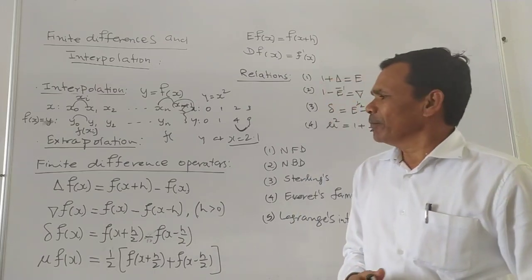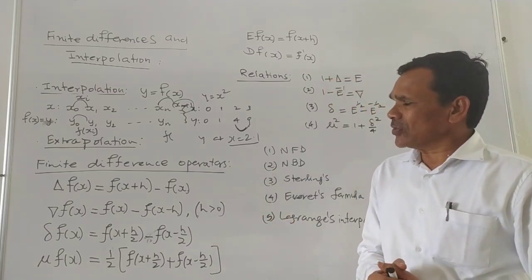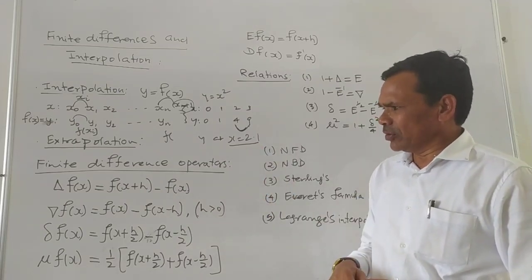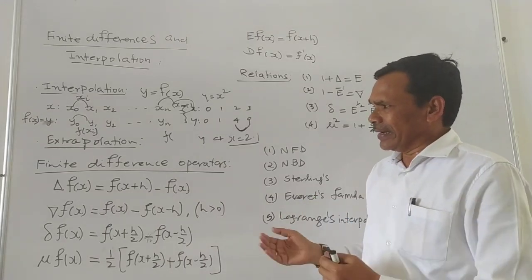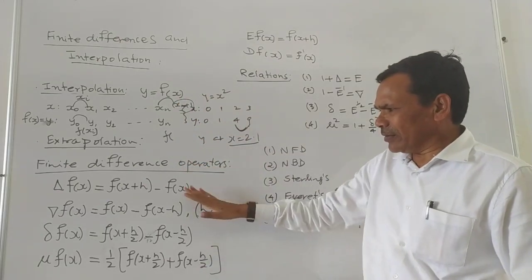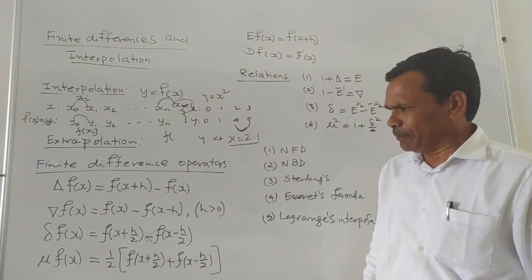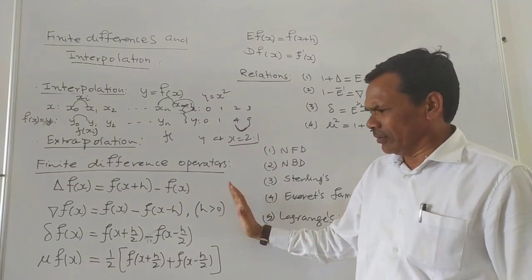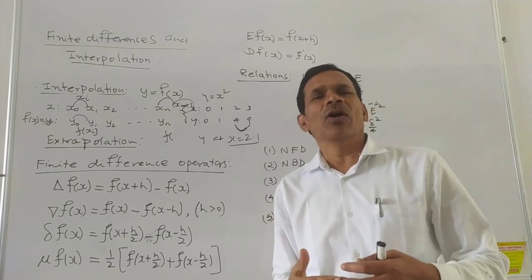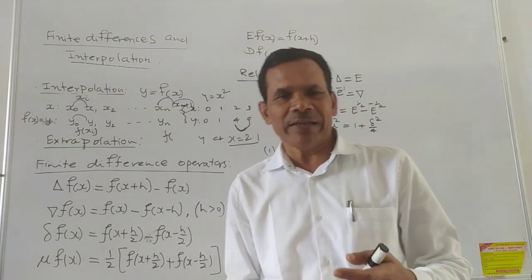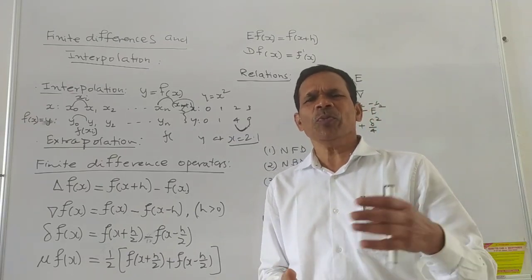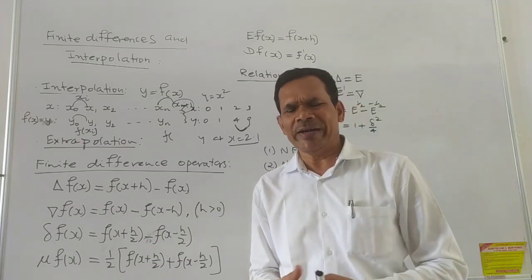These are the terms you need to remember and learn in engineering. Now finite differences play an important role in interpolating certain values, preparing certain tables, and interpolating a value for the given data. For finite differences we need to introduce certain operators. Operators play an important role in deriving interpolation formulas like Lagrange's formula, forward difference, backward difference, Stirling's formula, Everett's formula, and Newton's divided difference formulas.